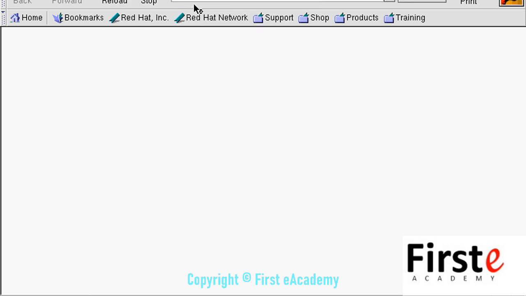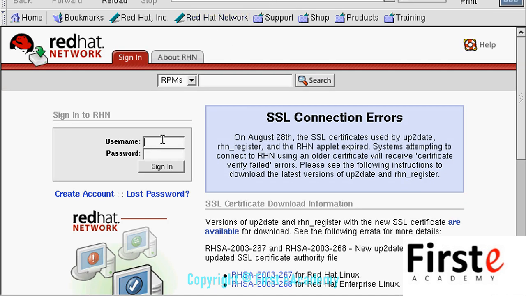The address of this is rhn.redhat.com, and you'll see that pop up here in a second. There we go. You sign up for this, and then you have a username and a password, and I'm going to log in here. And now what's going to happen is